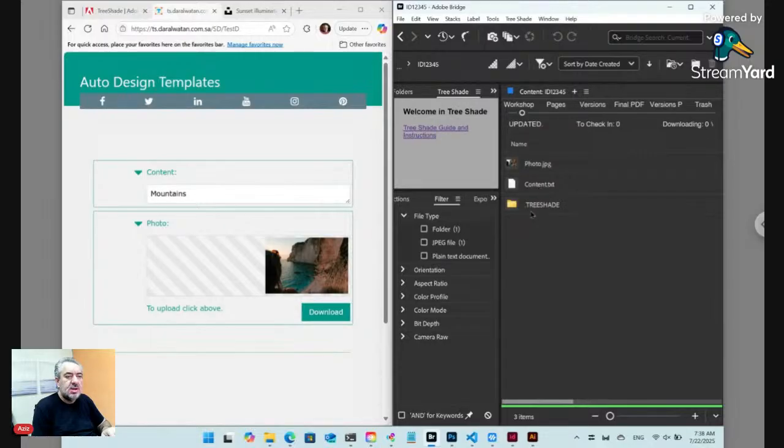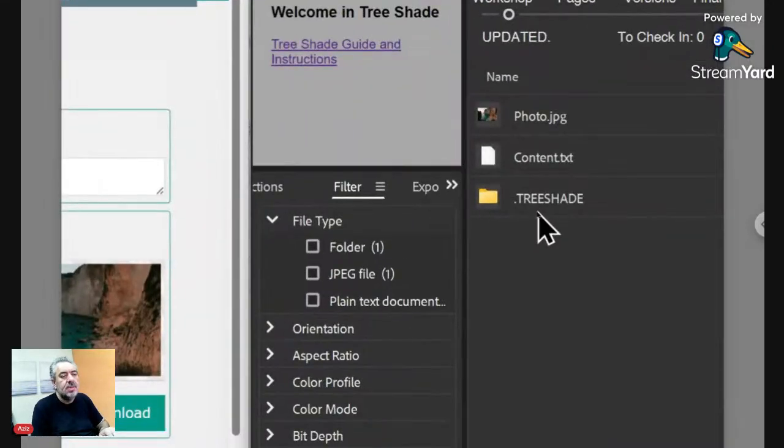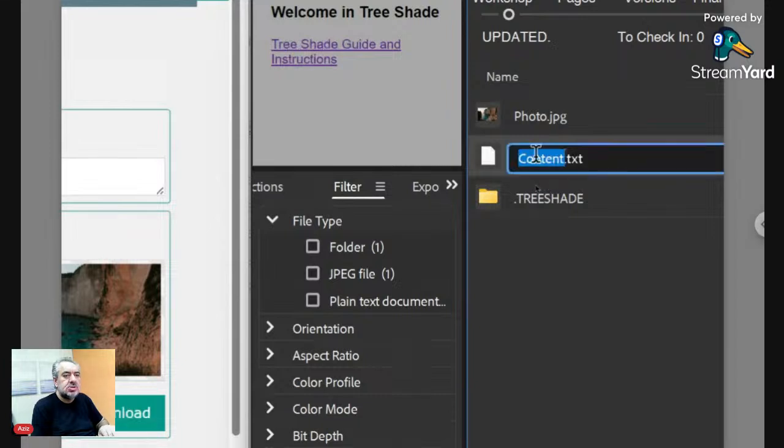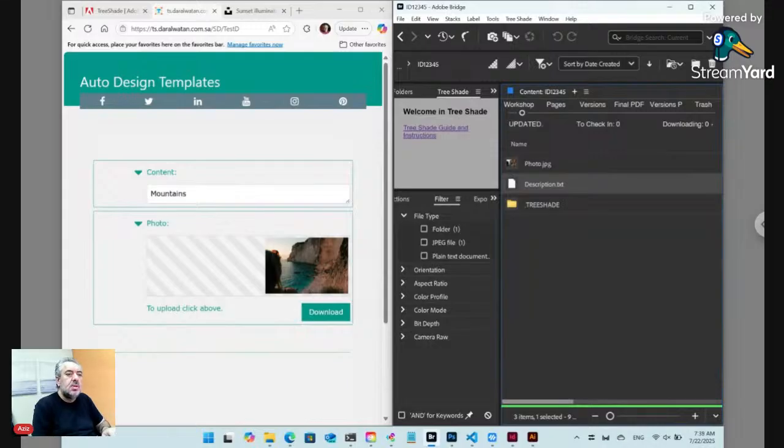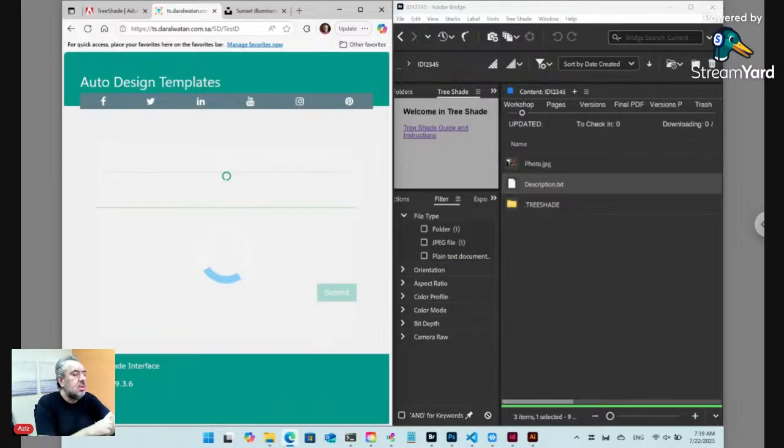This folder is supposed to be hidden, but in Windows it is displayed. It has metadata for TreeShade. Let's change content to description. Okay, that's it. Now if we load the folder, if we load the online form,